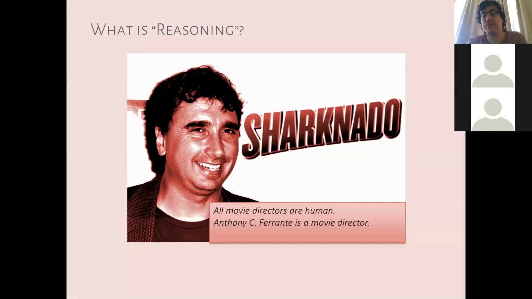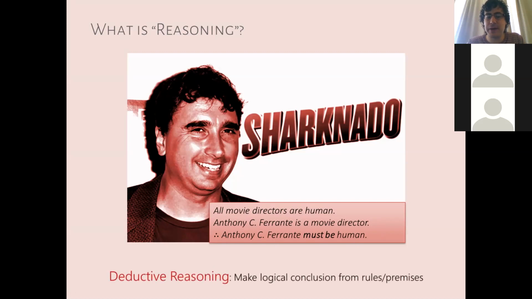First type of reasoning would be an example: all movie directors are human. Anthony Ferrante is a movie director. Therefore, we can conclude that Anthony must be human, right? Based on this premise and the rule, we must come to the conclusion that Anthony is a human. This type of reasoning is called deductive reasoning, where we apply a deductive process,